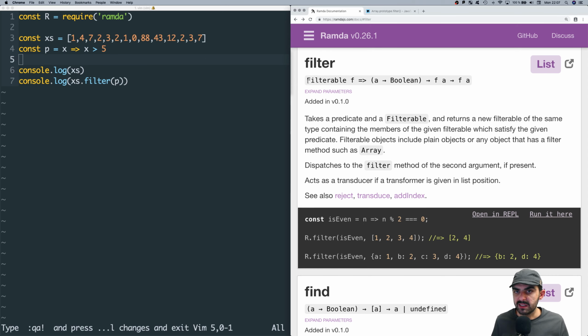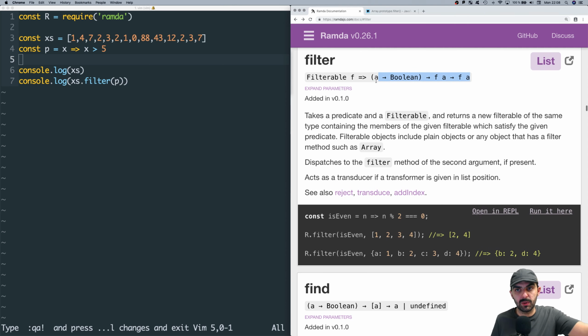So let's read the type definition. They're saying, assuming that you have some f which satisfies the interface filterable, then when given a function that, when given some a, returns a boolean, so that's a predicate, right? We're just saying, assume there's a type called a. We haven't constrained a to any particular type of interface, so a could be anything. We're just saying there's this hypothetical set of types called a. And when you have this function that maps from a to boolean, and you supply that function, and then you supply a